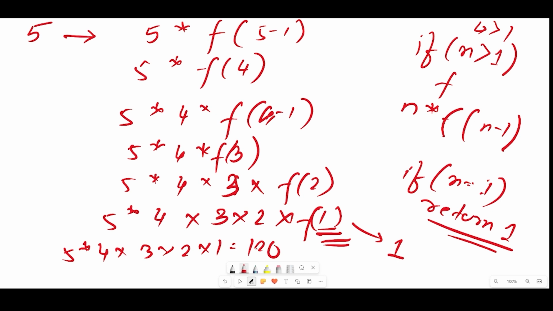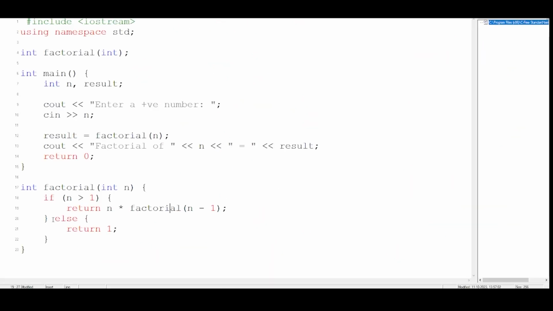Factorial we get in maths also, and the same thing we're applying over here. You can do this using a normal function or using recursion. Now as you can see in the program, else return 1. That means when n becomes 1, we return 1 when the condition is false, if n is not equal to 1. One thing to mark out: you have to enter a positive number, because the factorial of a number does not exist for negative numbers.